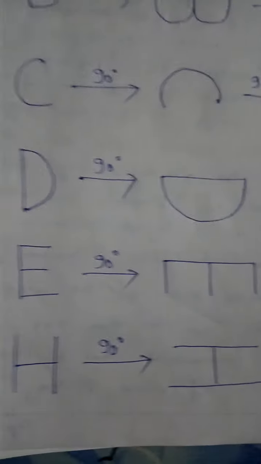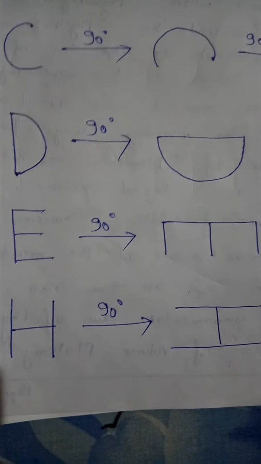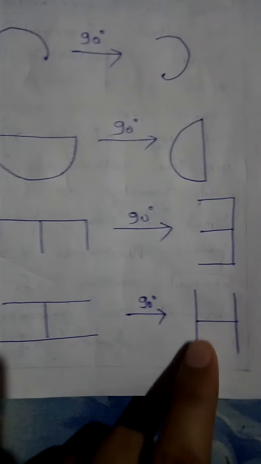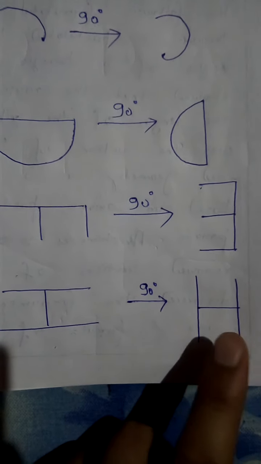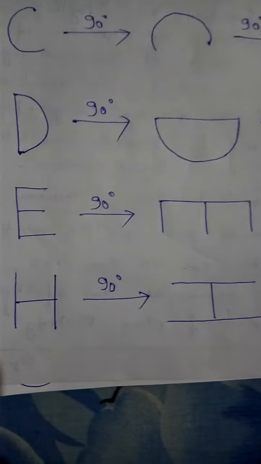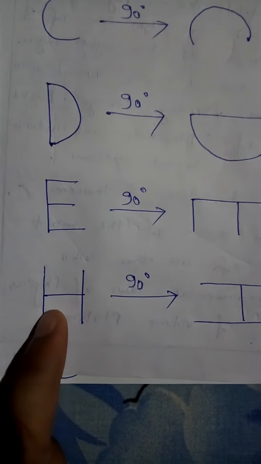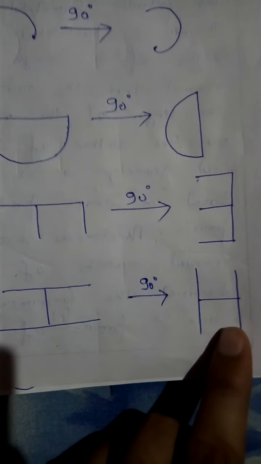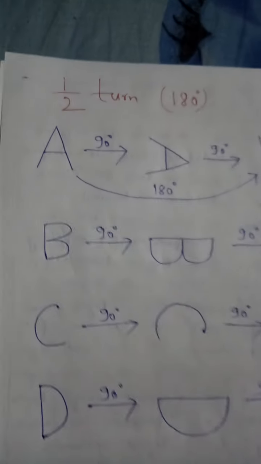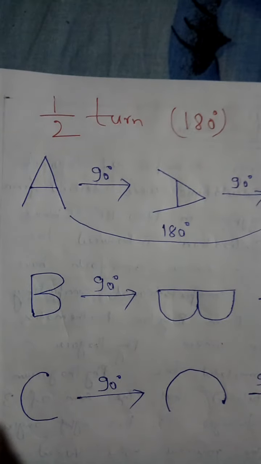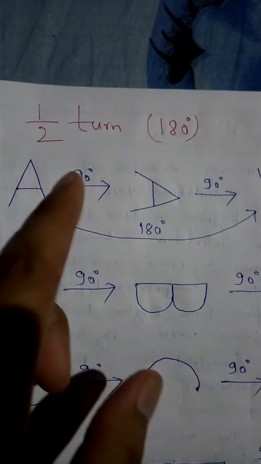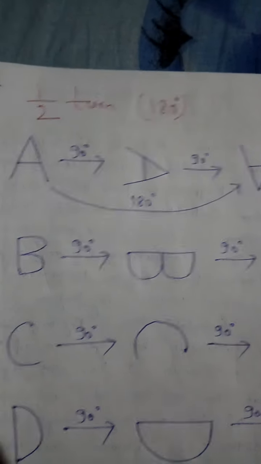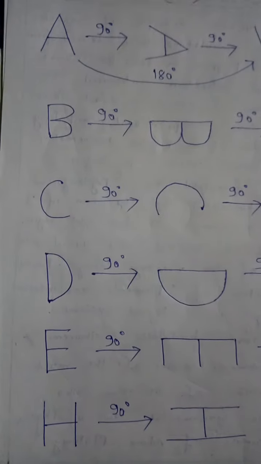These are half turns. H, you can see 90-degree turn is this. And again 90-degree turn. So this is 180-degree turn. Again it looks like same. So you can see in the case of H, after 180-degree turn, it looks the same. Okay, so these figures, what I have done, this one is half turn. So you are doing in two parts, first 90, then 90. I hope it is clear to all of you.